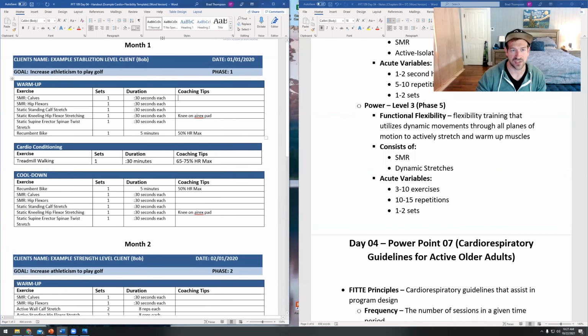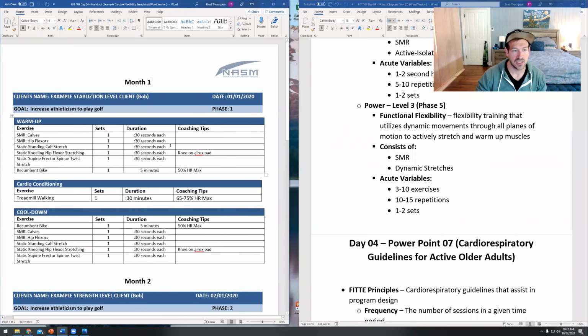Bob wants to increase his athleticism to play golf. So he has really tight calves, really tight hip flexors. Those are his two problem areas. So in month 1, January 1st, 2020, he's going to be in phase 1 here, which means that,